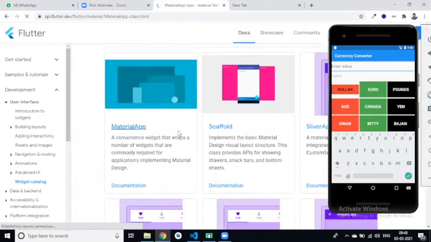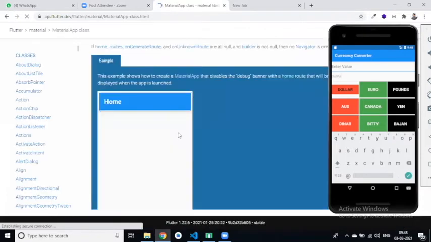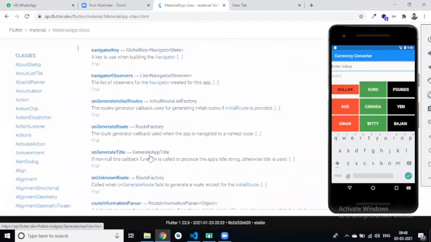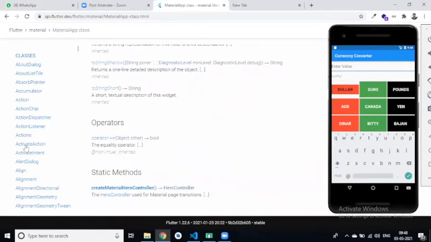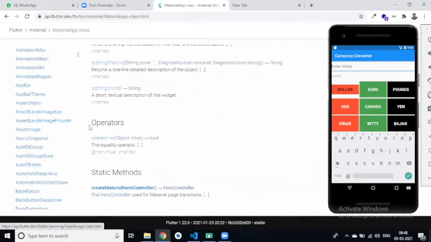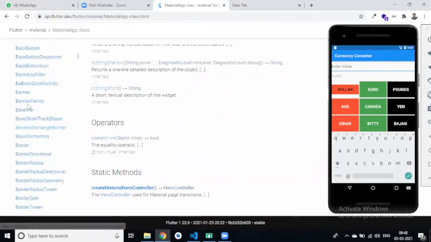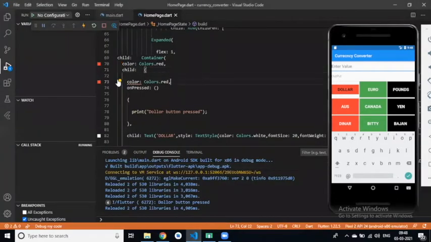In this material library we have too many widgets in Flutter, like asset image, banner, back button and all. So first we will use our outline button.